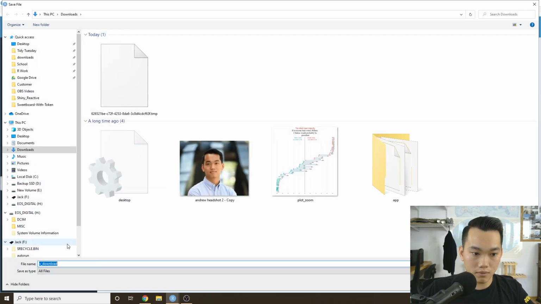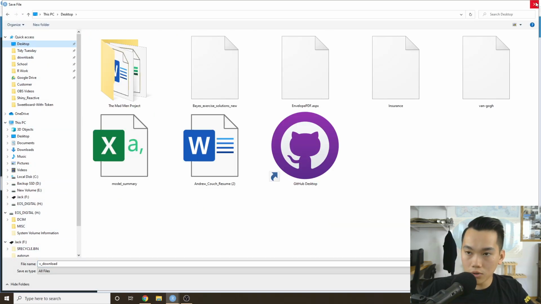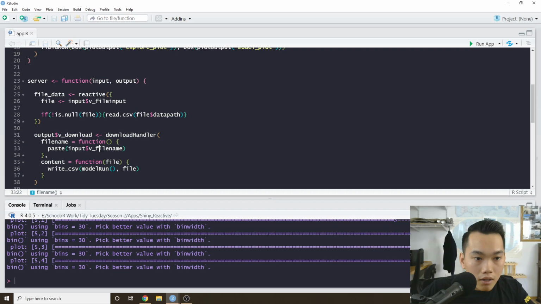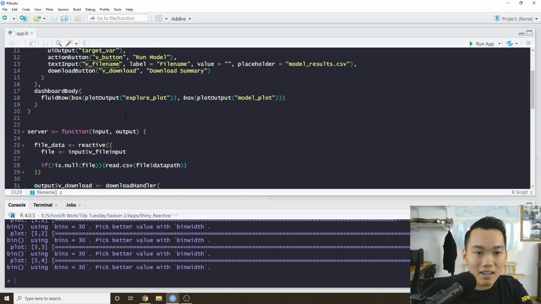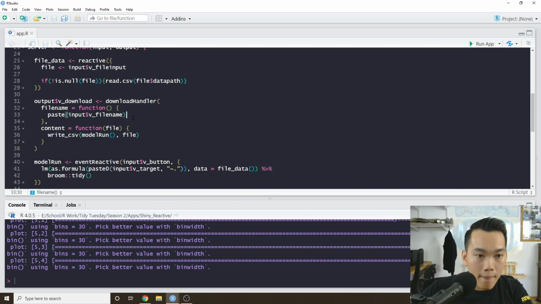Default is model results. Oh, oops. What did I input? Paste. What? Paste. Oh, what the hell? I just said paste file name. Maybe I can just do file name. It should be content. File name input. Maybe I can do a